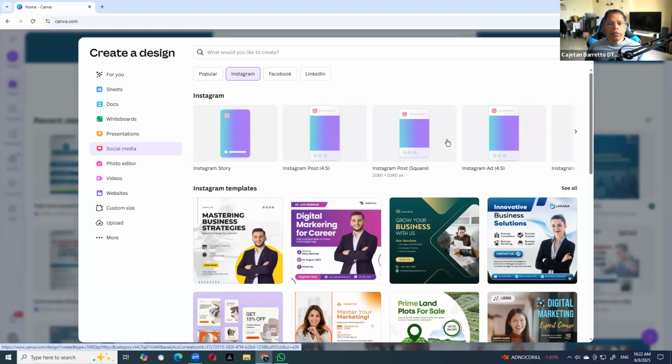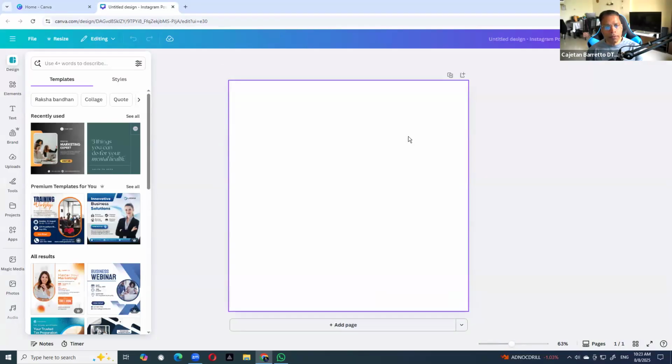Why? Because once you create a square, it seems to work almost everywhere. Whether you post on Instagram, Facebook, or LinkedIn, the square format just works. But if you were to create a different kind of format, let's say a Facebook format, then it doesn't work as well on LinkedIn. It does work, but not as well. So if you're creating club flyers, my recommendation will always be to go with the square format. And here we have a blank square format poster, and we start building on it.